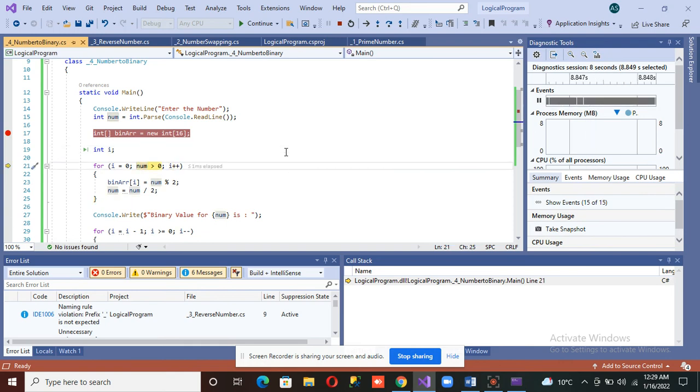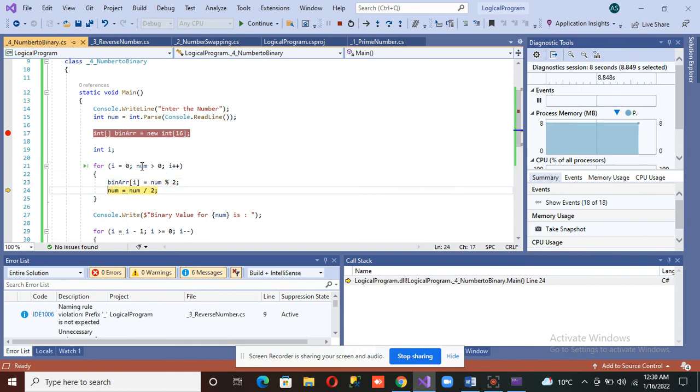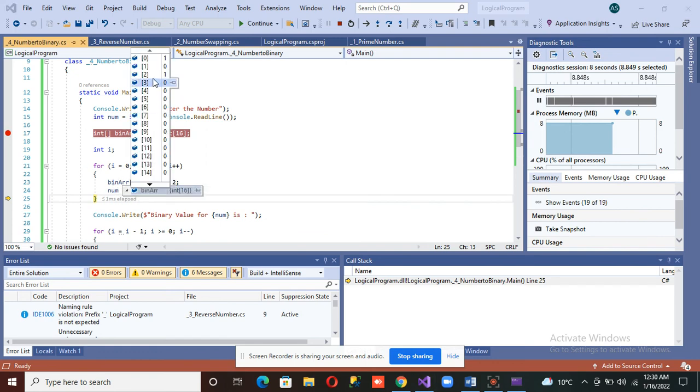Now what's the next value? Num is now 11, and 11 divided by 2, yes, it can be divided, but the remainder will be 1. The integer part will be 5. Yes, we got it.